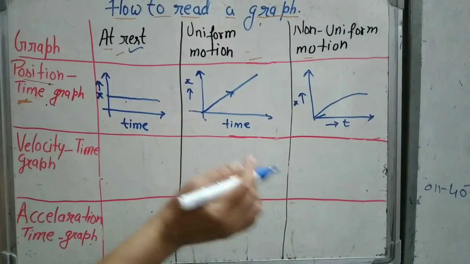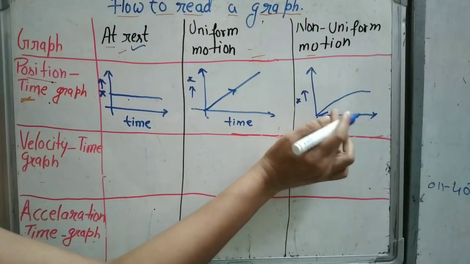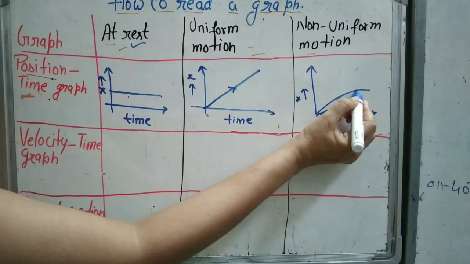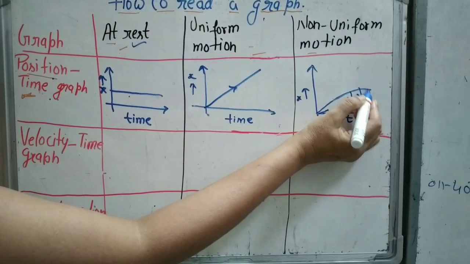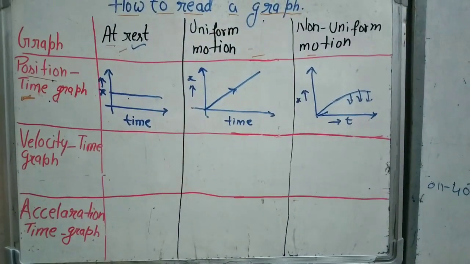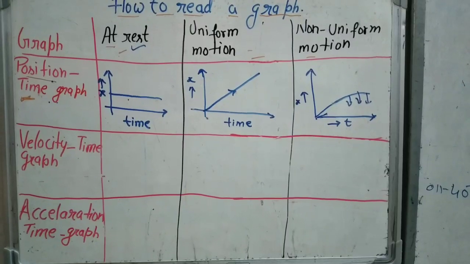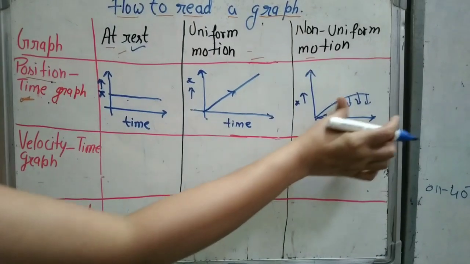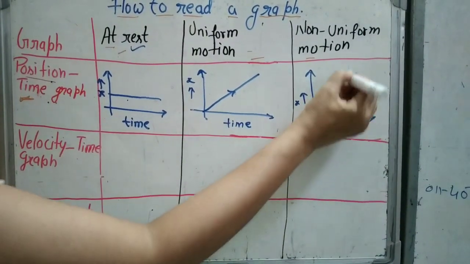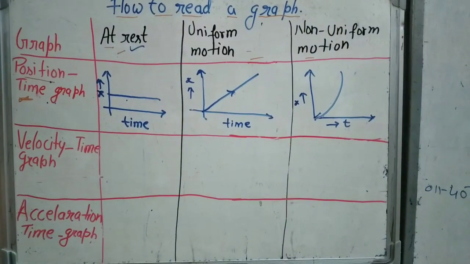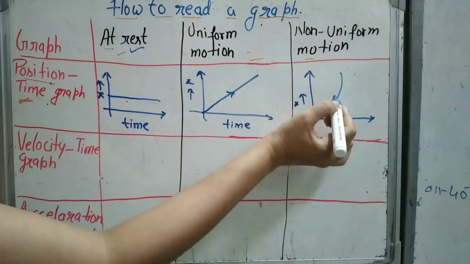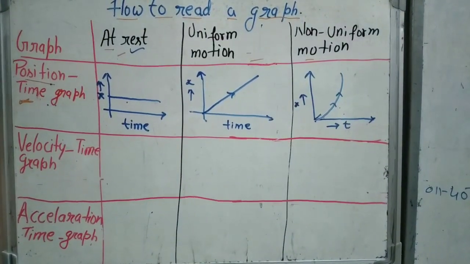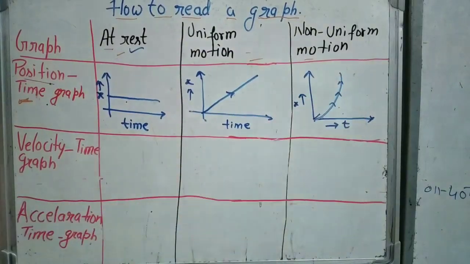So which kind of curve graph may it be? Both kinds. But how do we understand it if the curve line is like that? We can understand that if the curve line is moving towards the time axis, that means the position with respect to time is changing slowly. Okay, now if I make the curve like that, this is also a curve line, but this indicates the object is changing its position with respect to time fast. Okay, so this is the difference.